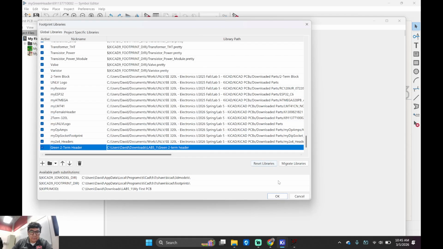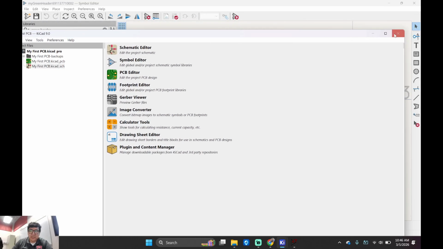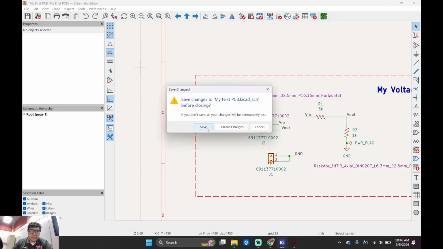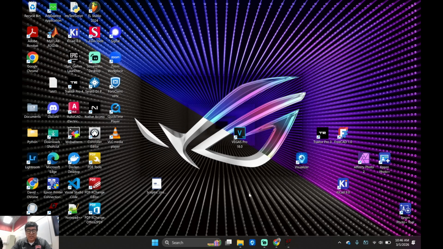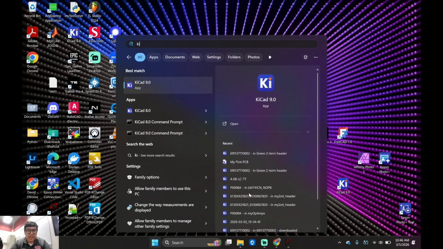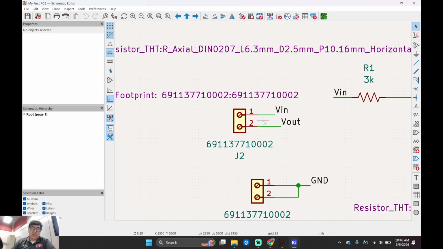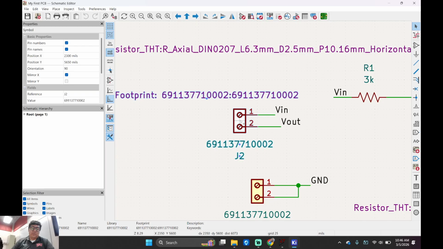Okay. Where is this? Save. Yeah, sure. Oh, I re-download or KiCAD. Come on. KiCAD. There you go. Let's look at the schematic because I don't want to do it the hard way. So anyways, you see these guys right here? Maybe we'll do this.